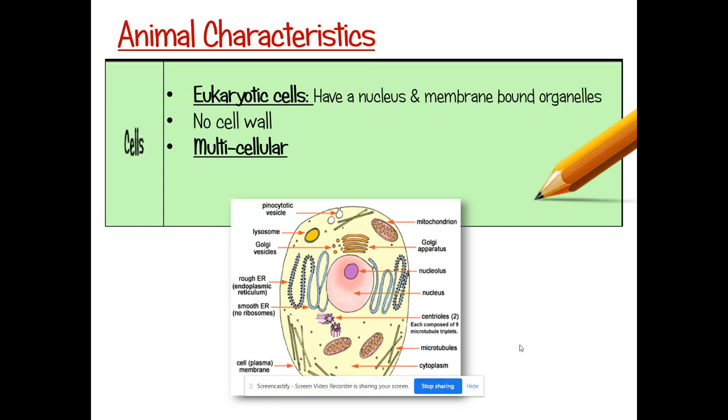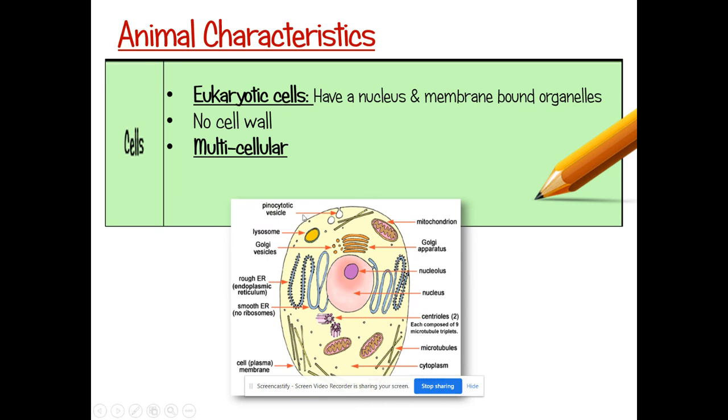All right, all animals have cells, obviously, because they're alive. But what they do have in common with one another is they all have eukaryotic cells, which means they have a nucleus and membrane-bound organelles. They have no cell wall. They're all multicellular, and they share some common organelles in the animal cell. So if we looked at one of my cells, or an earthworm cell, they're going to have these things in common.